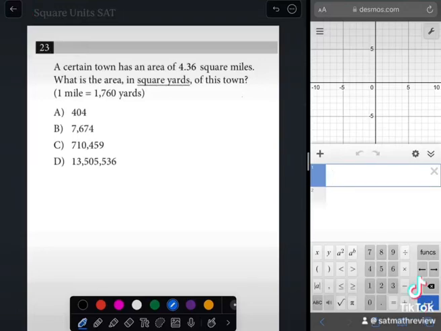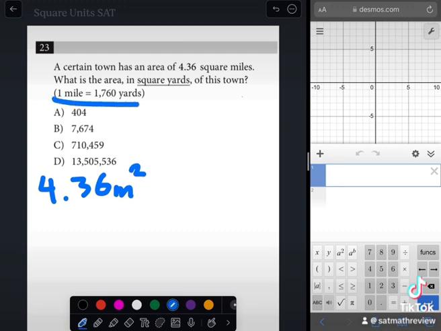Today I'd like to take a look at this question dealing with square units. We're given the area of a certain town as being 4.36 miles squared. I'm just going to write this down on my screen. I always want to read the final question. I see I'm being asked what is the equivalent area in square yards of this town, and I'm given this